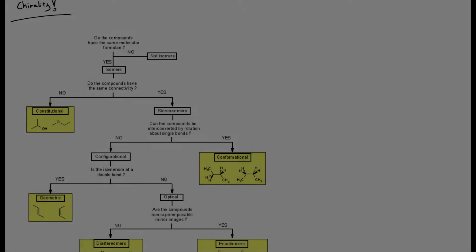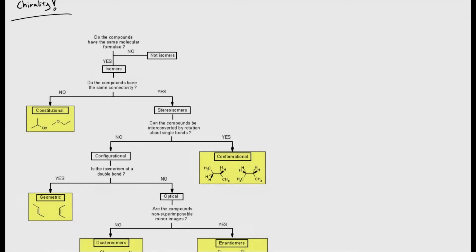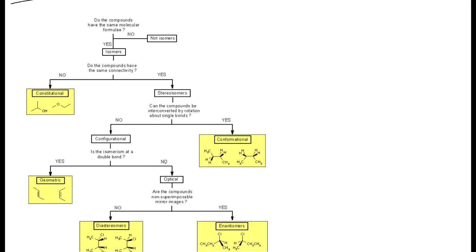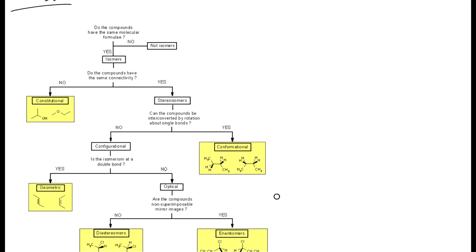Today we're going to talk about chirality, and give a brief introduction into isomers, stereoisomers, and optical isomers. In the next video we're going to go more in depth on how to apply chirality, and then talk about the Cahn-Ingold-Prelog rules and how this affects optical activity. So, like I said, today we're just going to proceed with the basic understanding of